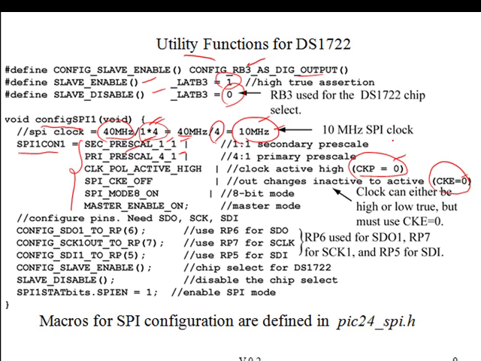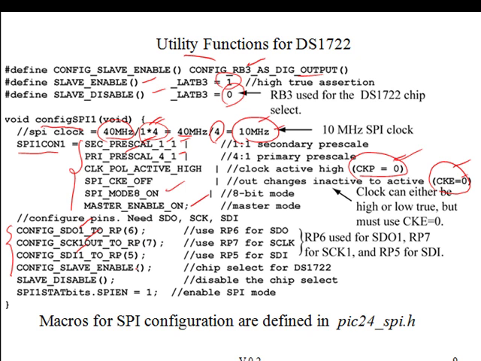And looking at the data sheet for this DS1722 chip, it was found that these two bits were how the SPI protocol needed to be configured. We need to configure this SPI module for 8-bit mode, and we also need to configure it for master mode. The rest of this is to map the SDO, the clock line, and the SDI line to remappable pins,